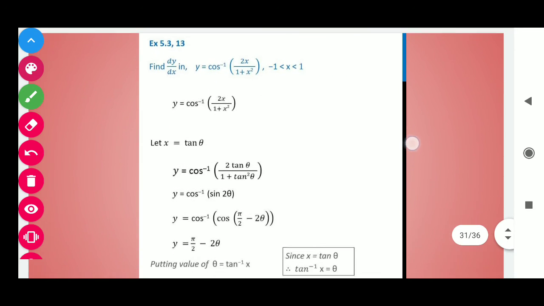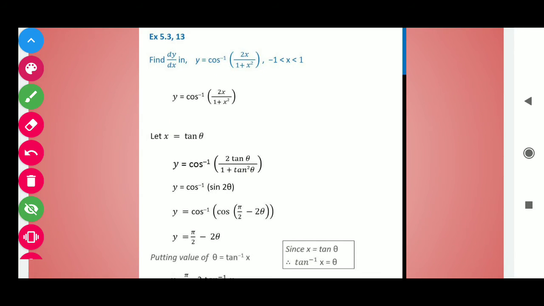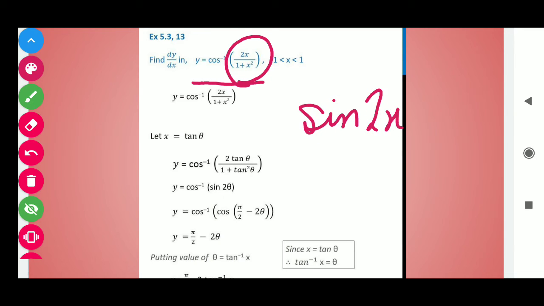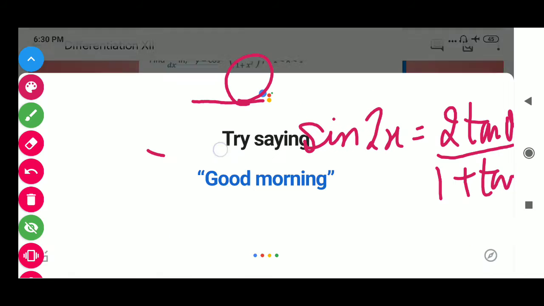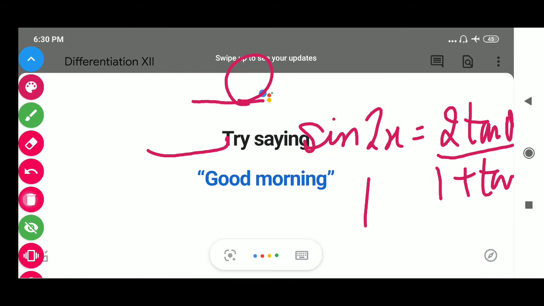Here we have question number 13. Find the derivative of y is equal to cos inverse of 2x over 1 plus x square. Students, first notice that 2x over 1 plus x square is the formula of sine 2 theta. Sine 2 theta is equal to 2 tan theta over 1 plus tan square theta. In this way, if we put here x is equal to tan theta, then we will get